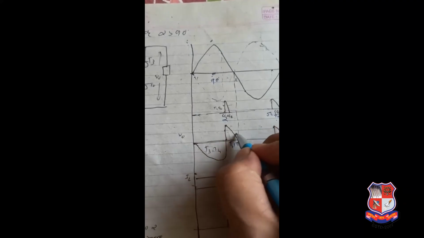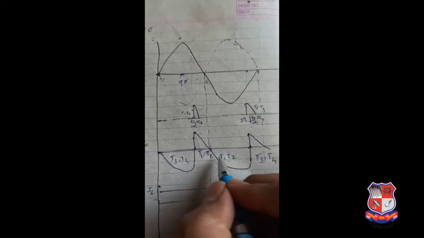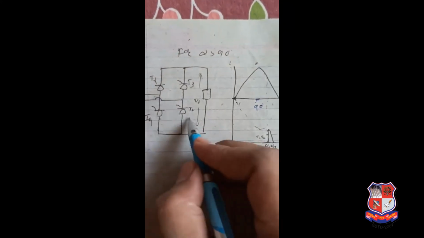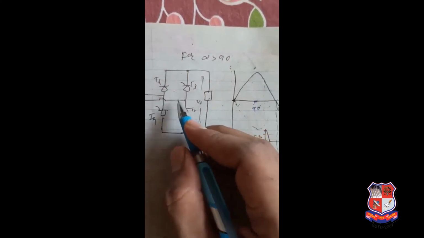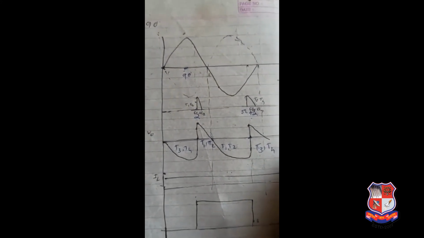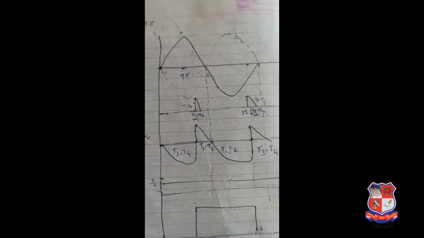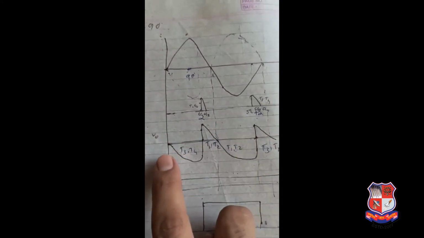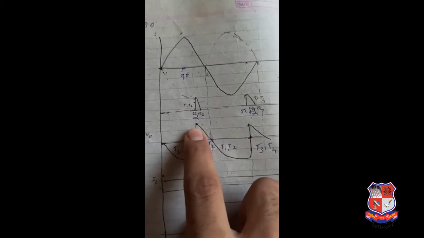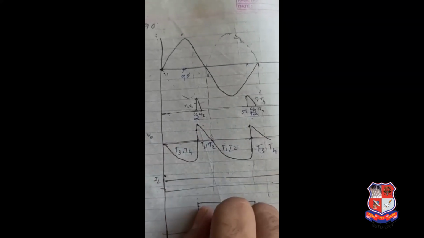The load is connected positive with the positive supply over here only. During this entire negative cycle, the load is supplying energy, so it is negative. T1 and T2 remain on just because the load discharges its energy. If you give the gate pulse at alpha greater than 90 degrees, you get negative output voltage. If you find the average value, you can see from the waveform that the negative portion is more than the positive portion.